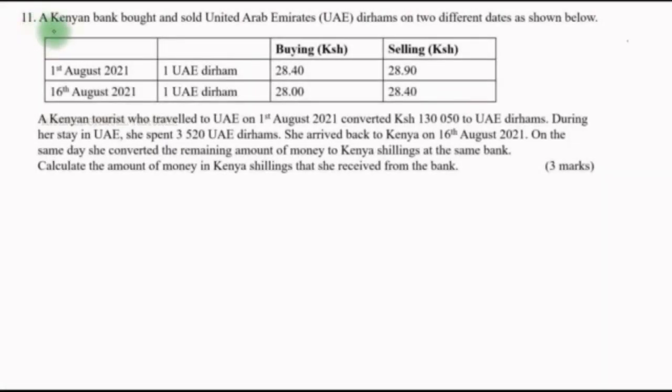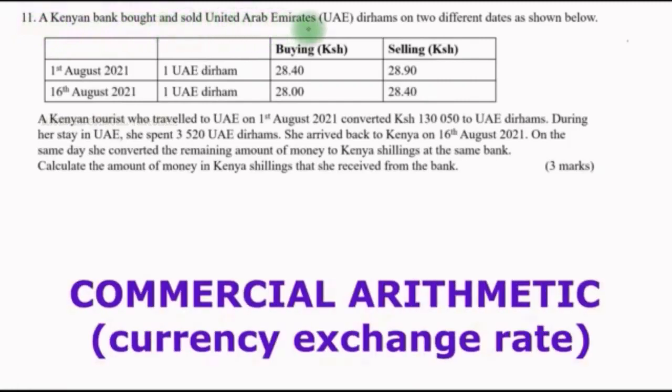Question 11. A Kenyan bank bought and sold United Arab Emirates, that is UAE, dirhams on 2 different dates as shown below. So this is a table. We have it showing the dates and the currency, and then the buying and selling column, that is the exchange rate. Then a Kenyan tourist who traveled to UAE on 1st August 2021 converted